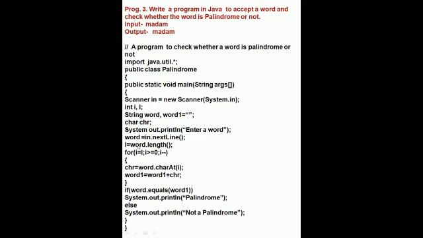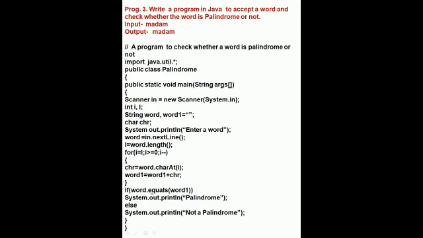Now the word data type. Then we will find the length of that word. Then the loop. I starts from L, because this is the length, and I greater than or equal to 0, because the number will be decreasing, so I minus minus, decrement, is going on there. Because now we are taking one character here, it is checking. Char chr = word.charAt(I). Word1 is equal to word1 plus chr. Now this bracket will be closed here.